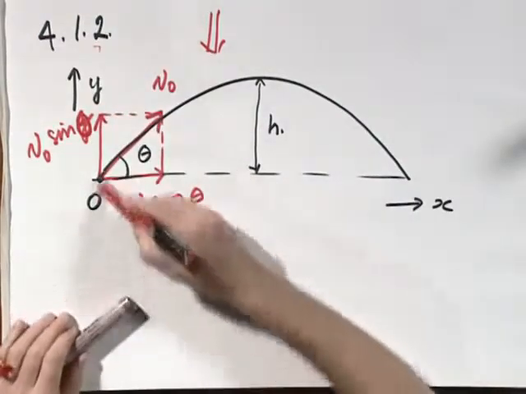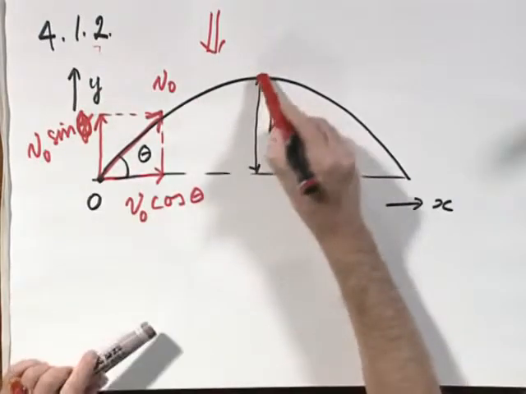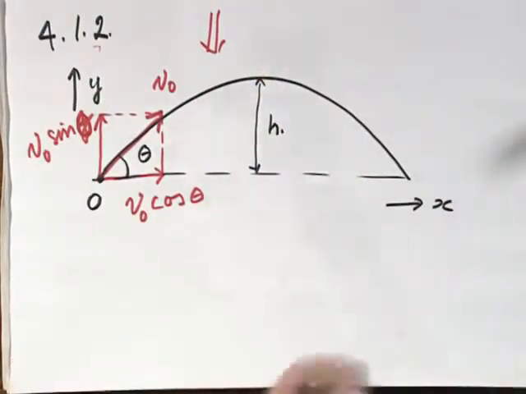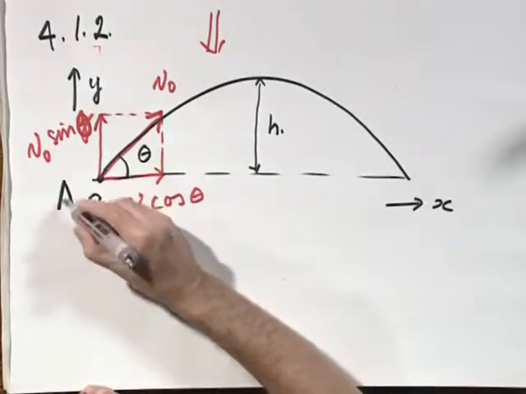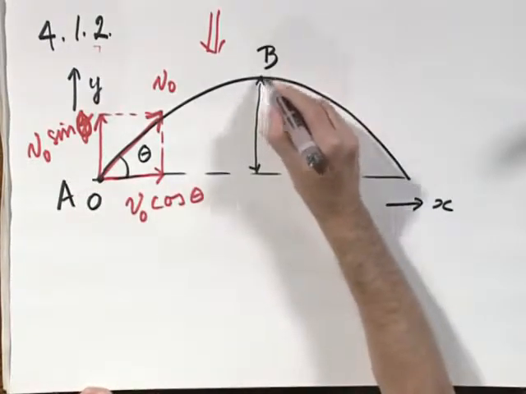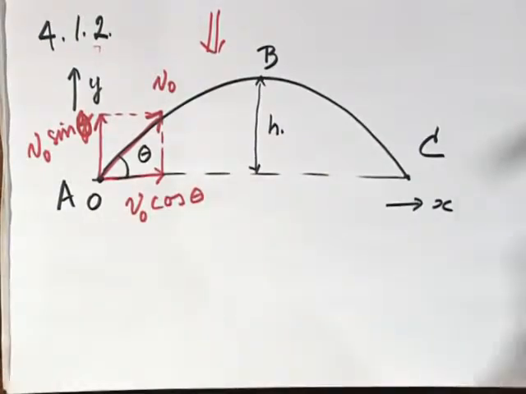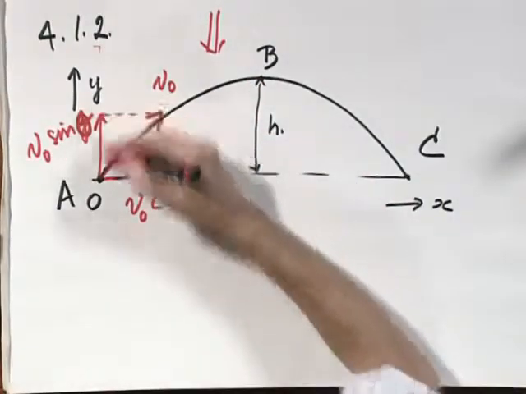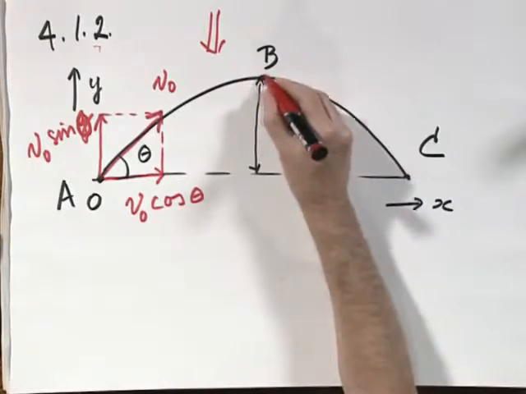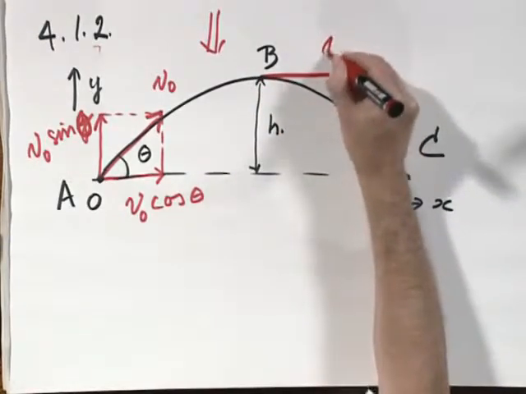And this velocity in the y direction comes to a halt when it is at its highest point and then reverses. Let's call this point A, let's call this point B, and this point where it hits the ground C. Clearly at its highest point the y component has completely disappeared, but the x component is unchanged,